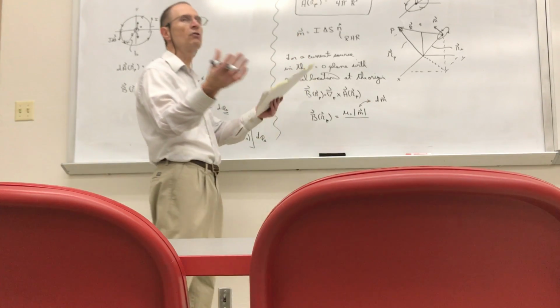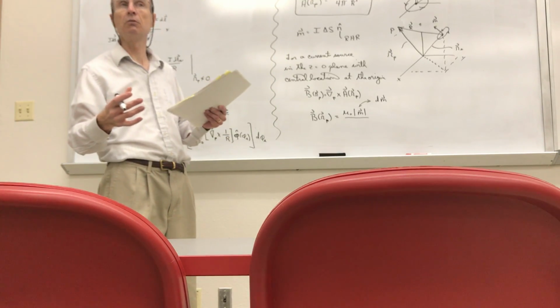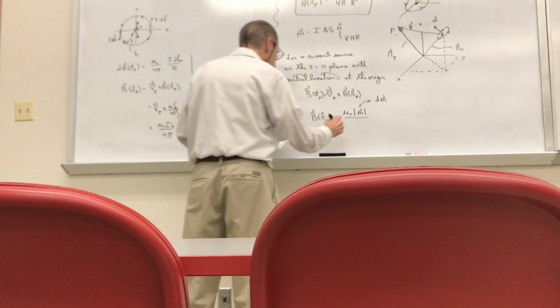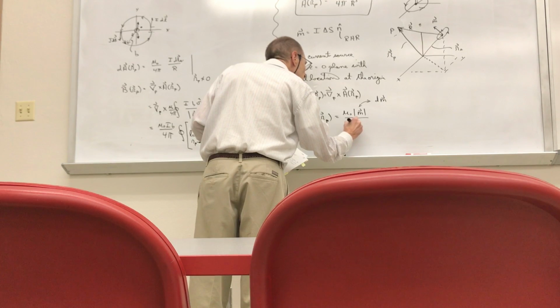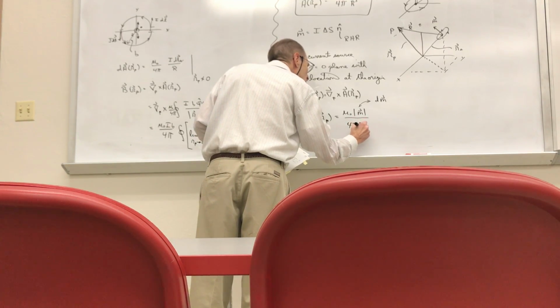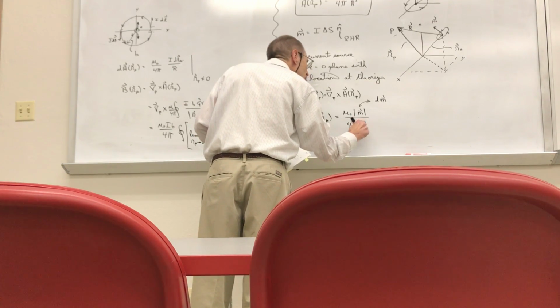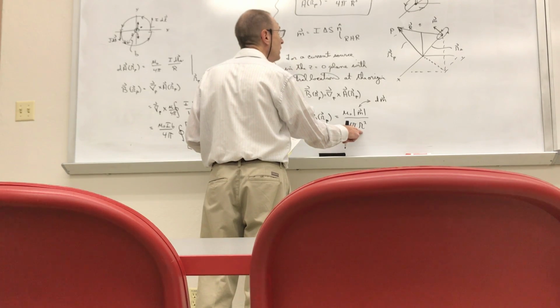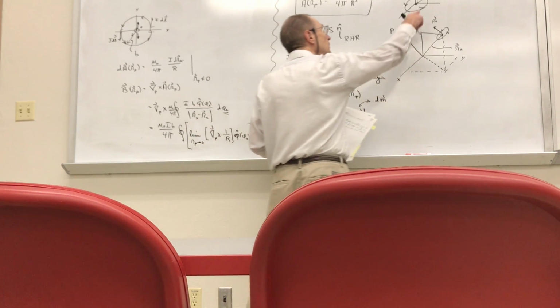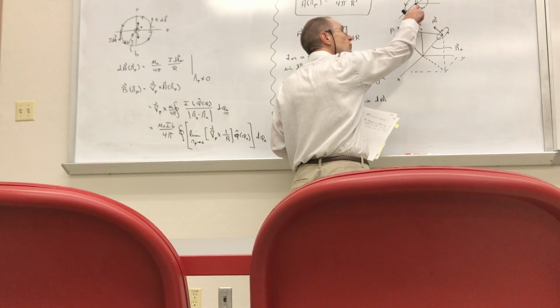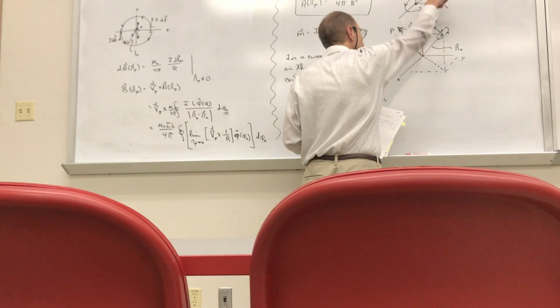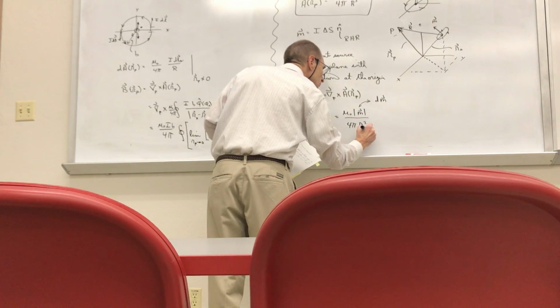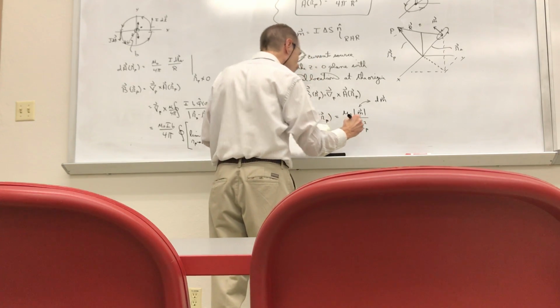It just depends on relative size. It's not going to depend on much else. Divided by 4 pi times the radius from the origin, or if you like, the distance from the central location of our source to our point of observation, cubed,